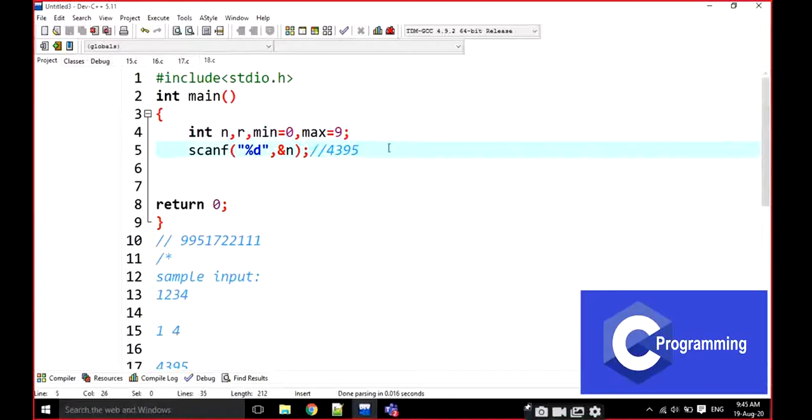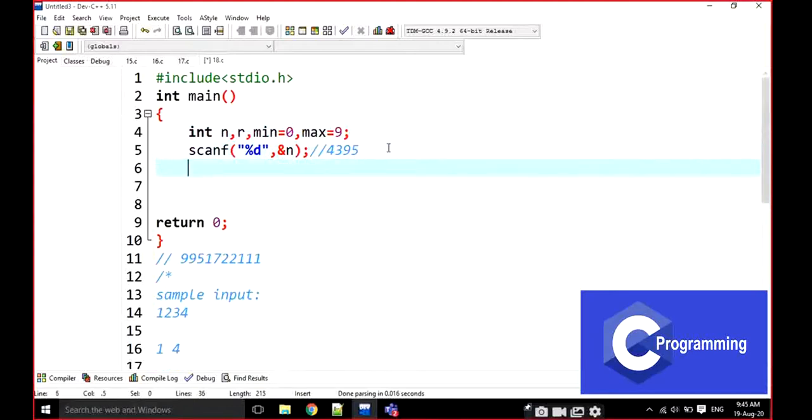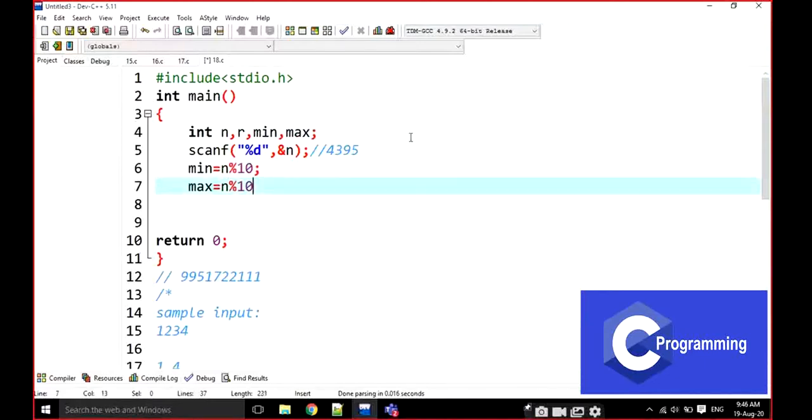For example, we are thinking that the minimum digit is 0 and the maximum digit is equal to 9 here. For example, I am not taking any value here. Minimum is equal to n mod 10. I am going to take the last digit as a minimum value, and the maximum value also the same thing.